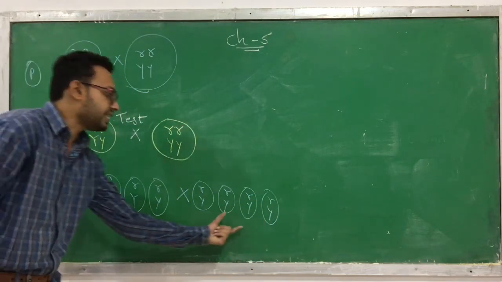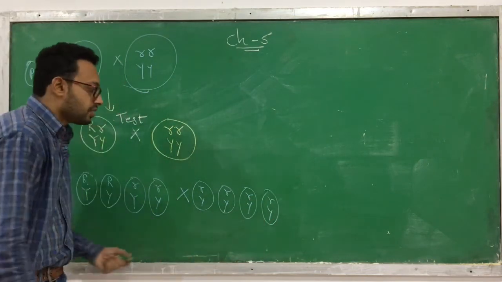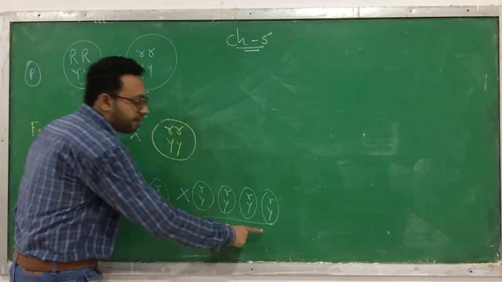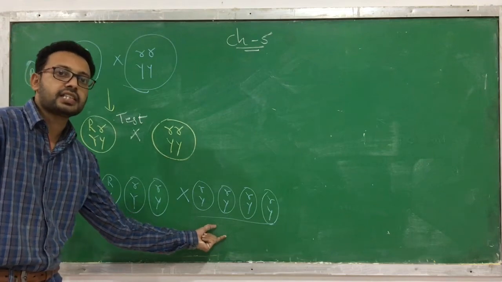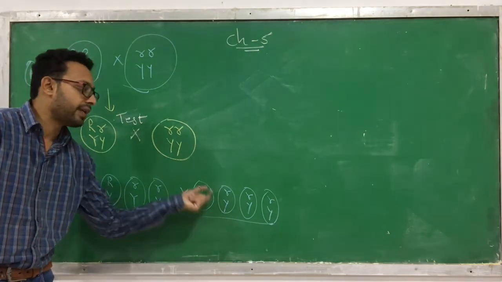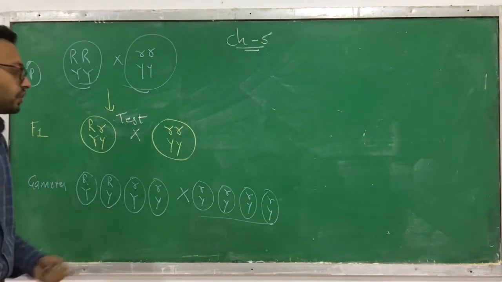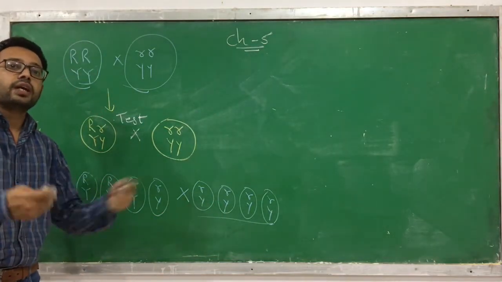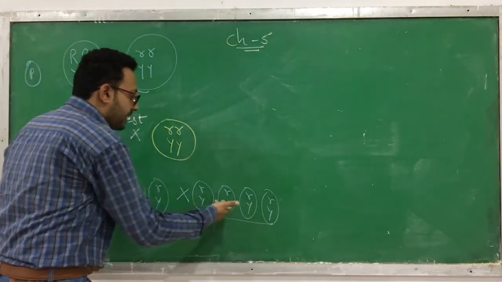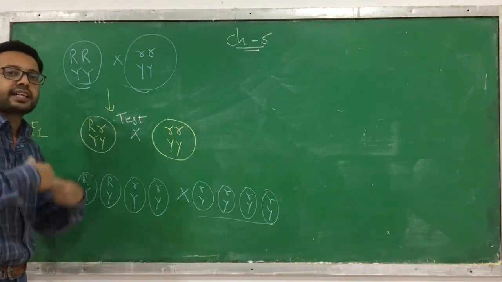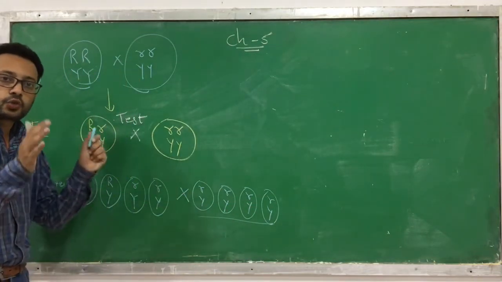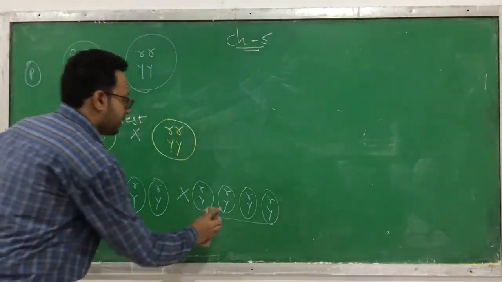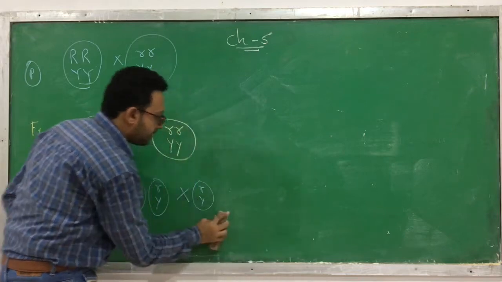Clear? Here you can see that in the test cross, in a homozygous recessive plant, you are obtaining the same type of gamete. As it is homozygous recessive, you obtain all similar gametes. So instead of writing it 4 times, I am just writing it 1 time because they all are the same. If I multiply the same thing to all, I am getting the same result. So to make it simpler, I am using only 1.